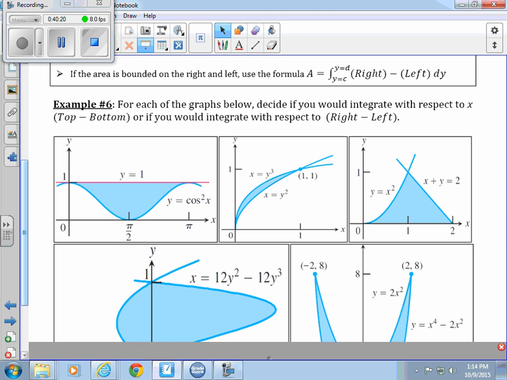Is this supposed to say volumes of solids? No, is that what I get? Yeah. Over